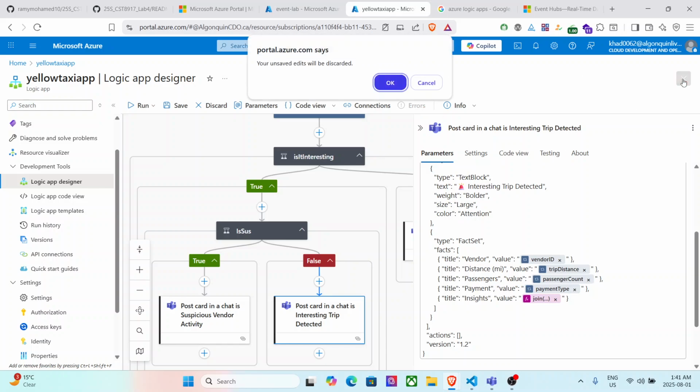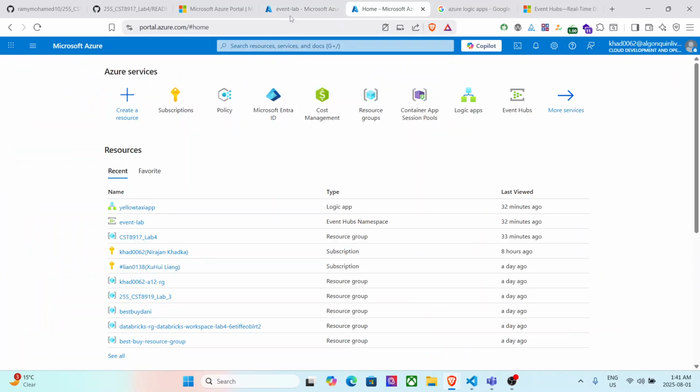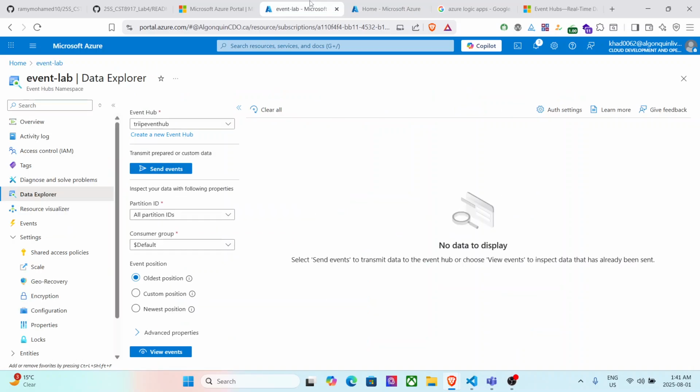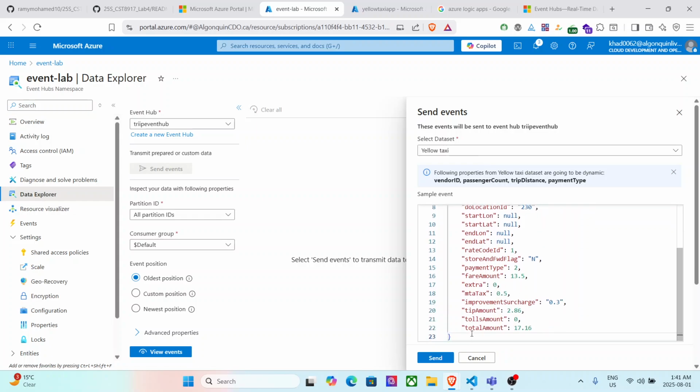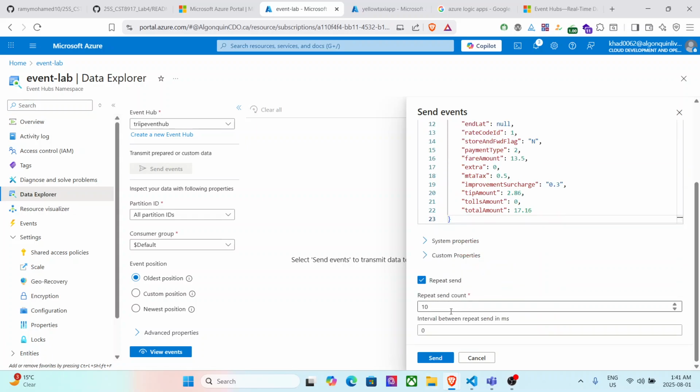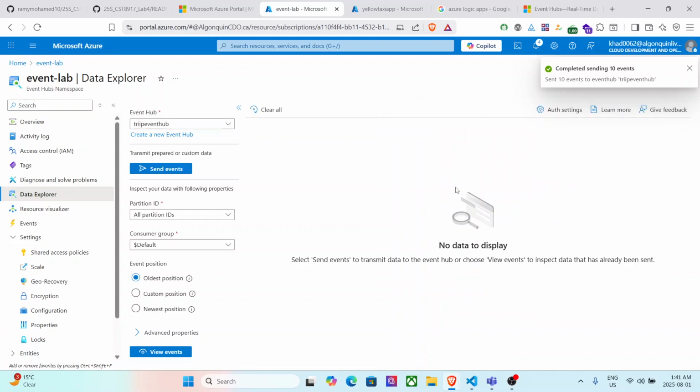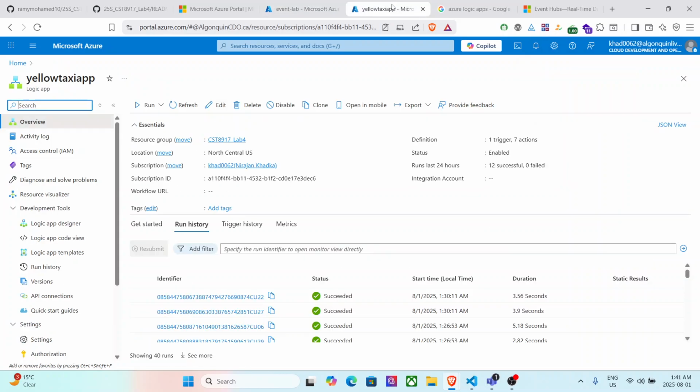So let's send the data here. I'm sending the allowed and text data here. Let's send 10 of the data, repeating the send 10 times. I'm sending the 10 times to the event hub. Whenever the data is sent, then